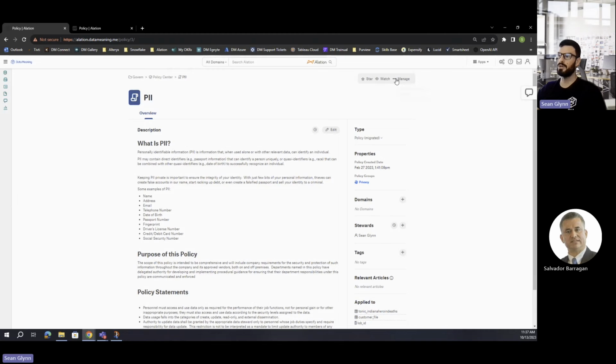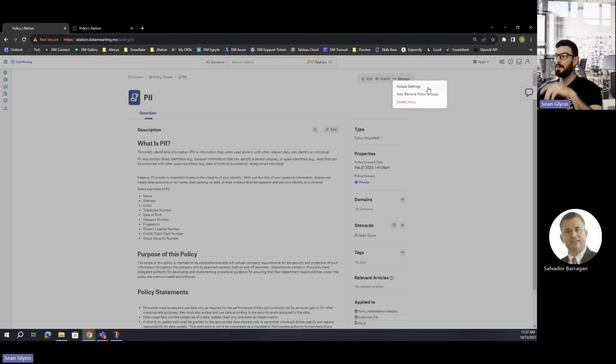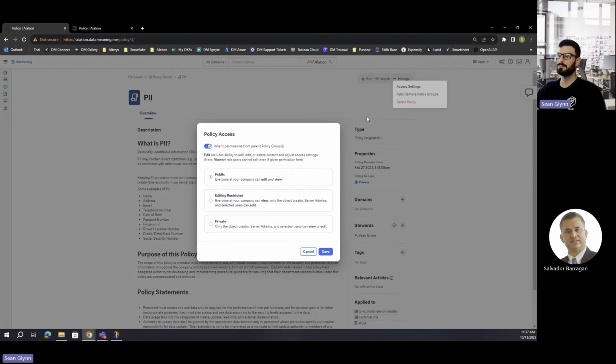And in this top right corner here, you're going to have the option to actually update your access settings. You can see here at the moment, in our case, we've got this set to public, which is actually being inherited from the policy group. You have the option to toggle this on or off. Best recommendation is always to just leave that on if you're going to push that to a policy group. But in general, though we have public set up here where anyone can come in and edit and view, you're most likely going to want to switch to the middle option here,